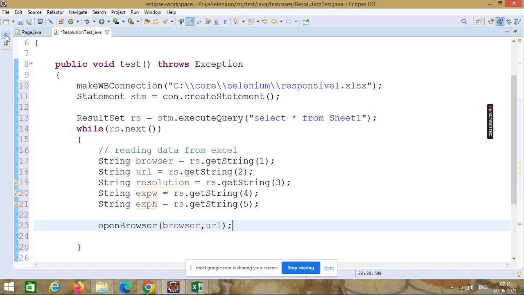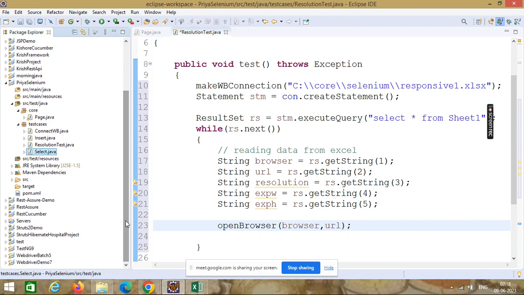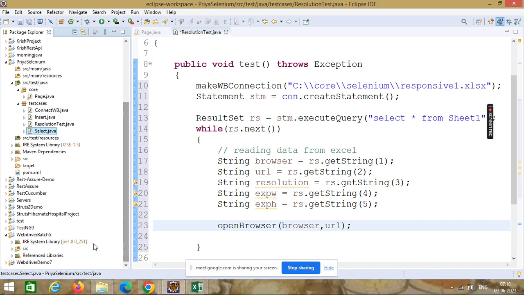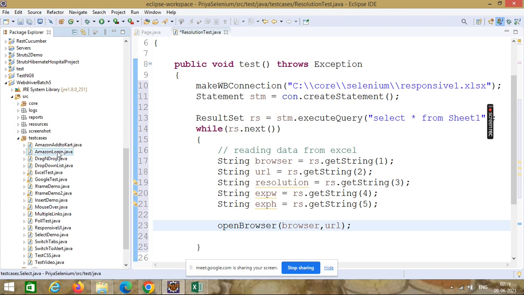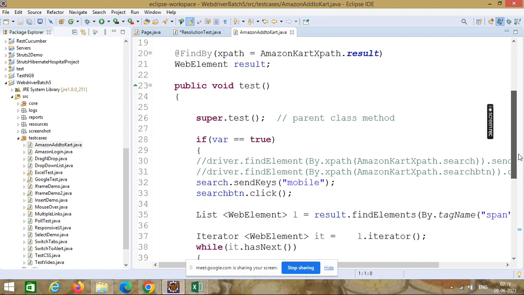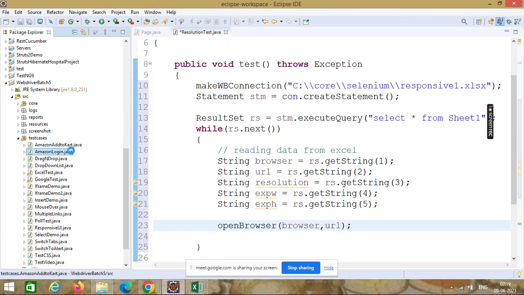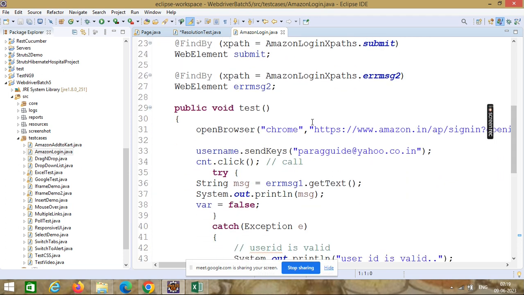So previously, in the previous examples, we were directly passing the data here, like this, which was fixed.